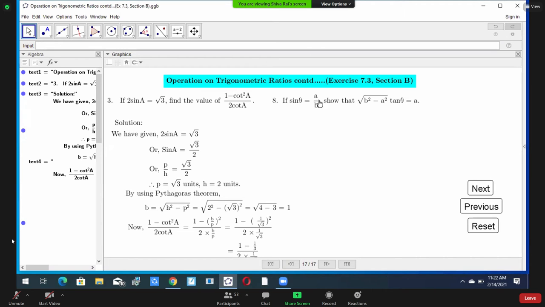Or, if we want to get the same thing, here sine theta should be B upon A. Then you will get this. If we make the correction here, it is not necessary there. In one place we have to make the correction. Either here sine theta equals B upon A, or we make it under root B square minus A square tan theta equals A. Okay, everyone, get ready.